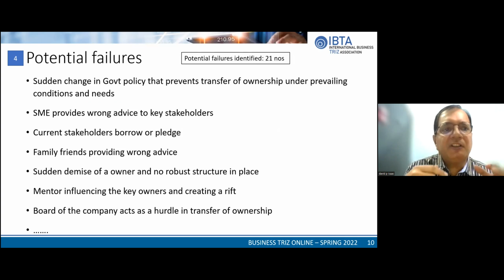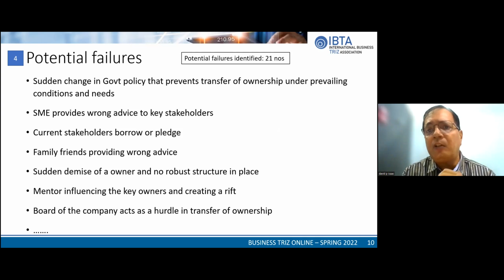the useful functions. And we had a cross-functional team who understands the whole business and the way the organization functions. And we looked at each function and tried to figure out how do we disrupt this using resources which are available. So you could have sudden changes in government policies. And here is a list. It's not a complete list as such. Of course, I cannot share the entire list, but